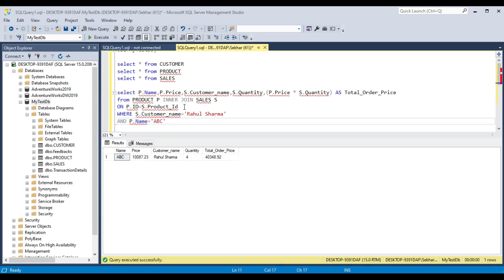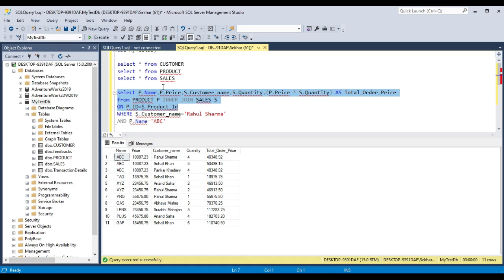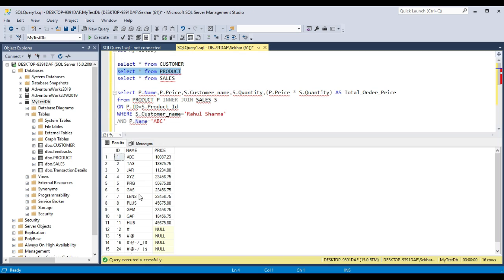So basically inner join will give you the records which are common in both tables. So just to iterate again, you see in your product table there are products with multiple IDs, right? 1 2 3 4 5 6 7 8 9 10 11 12 and so on.